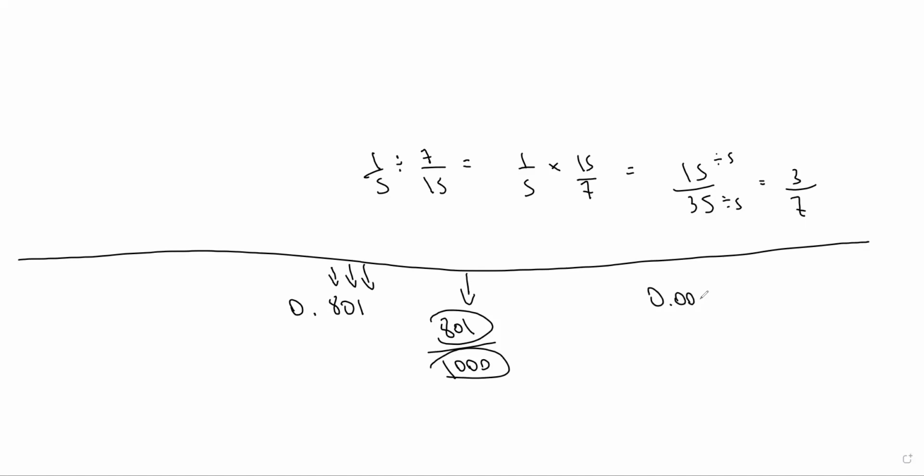Just count how many places you have and then use that on the bottom, and it's always a multiple of 10. So this one is 1, 2, 3, 4 places. So on the bottom, you have 1 with 4 zeros, and then 2 over 10,000. In this case, you don't have to reduce these ones because I don't see any point in reducing them.